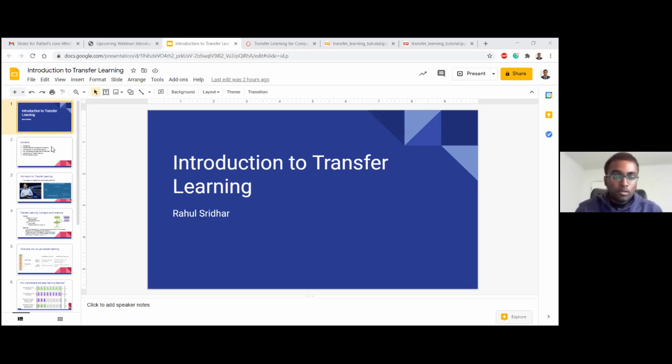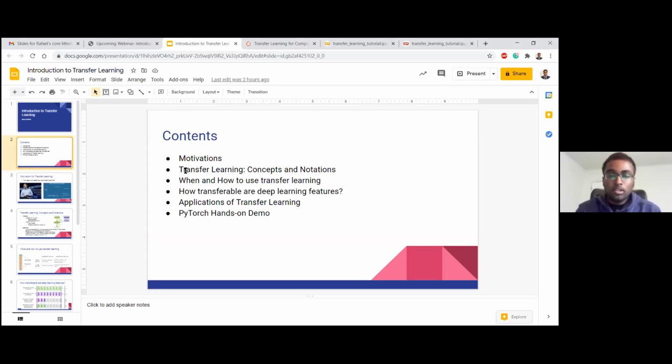So today I'll be talking about transfer learning, and I'll try to give the basics of transfer learning, and tell a little bit more about when you should use transfer learning, how you should use it, and how the features are transferable, which would give an intuition whenever you're using transfer learning in practice. So my outline for the talk is essentially starting with giving the motivation, followed